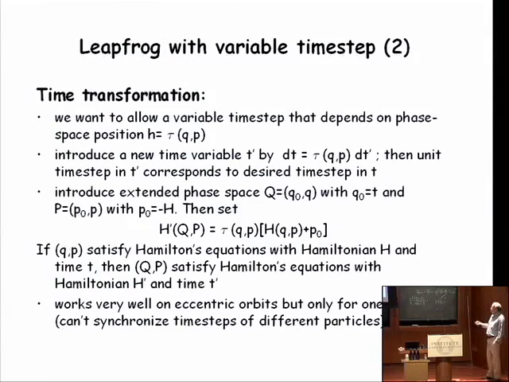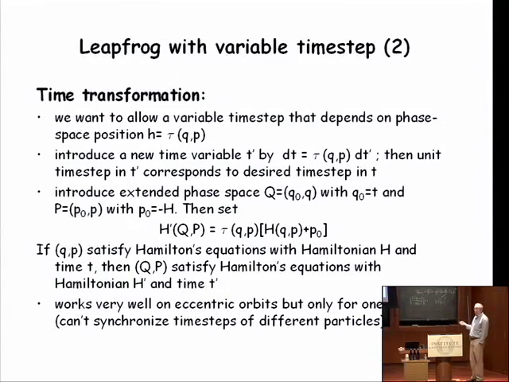If you then write down a new Hamiltonian that involves the old Hamiltonian and the time step with a formula like this, and write down Hamilton's equations, you can show that they're exactly the same as the Hamilton's equations with the original Hamiltonian, but now written in the fictitious time. And then you can integrate this new Hamiltonian by a standard symplectic method. This method works extremely well. The only problem is that